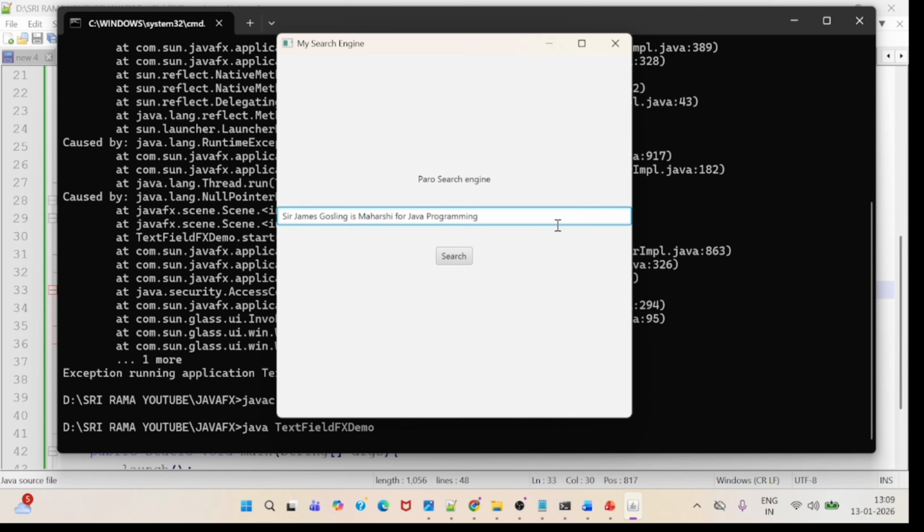I press the enter key. The resultant text message is displayed on the result label like this. Search string: Sir James Gosling is Maharshi for Java programming, and Java is